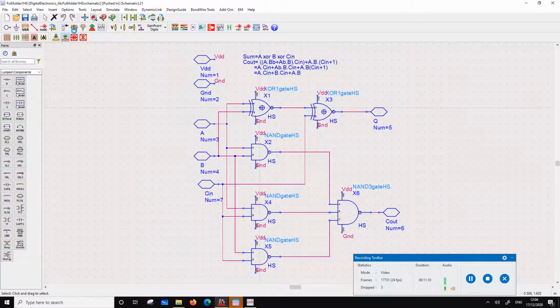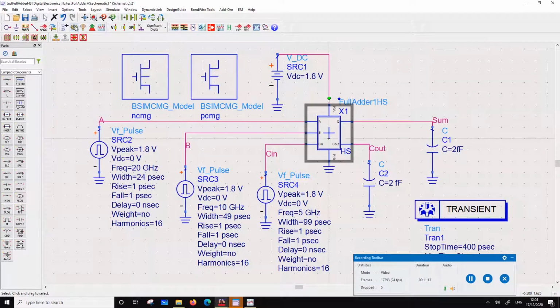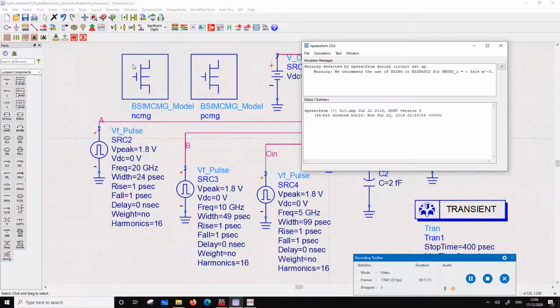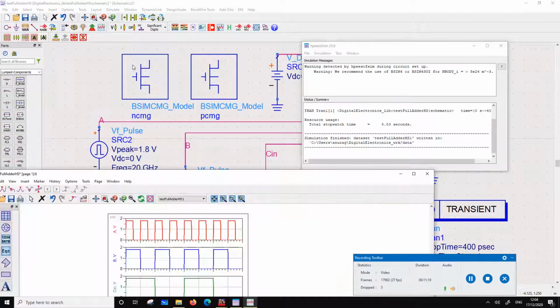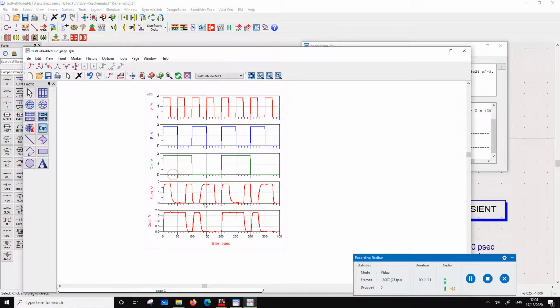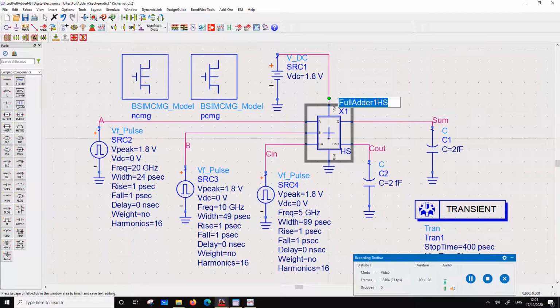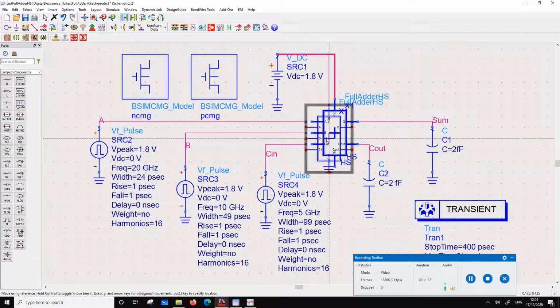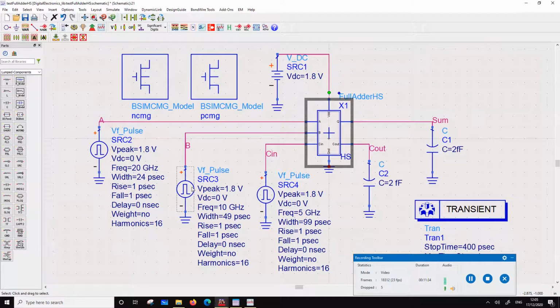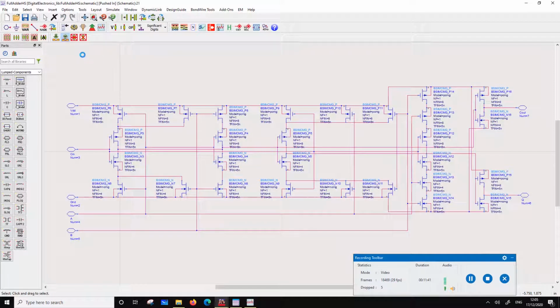So let's just simulate this. Okay, and this was our response. Now let's say I'm going to replace this topology with the other one, right, which is this one, right? And let's see how it compares with